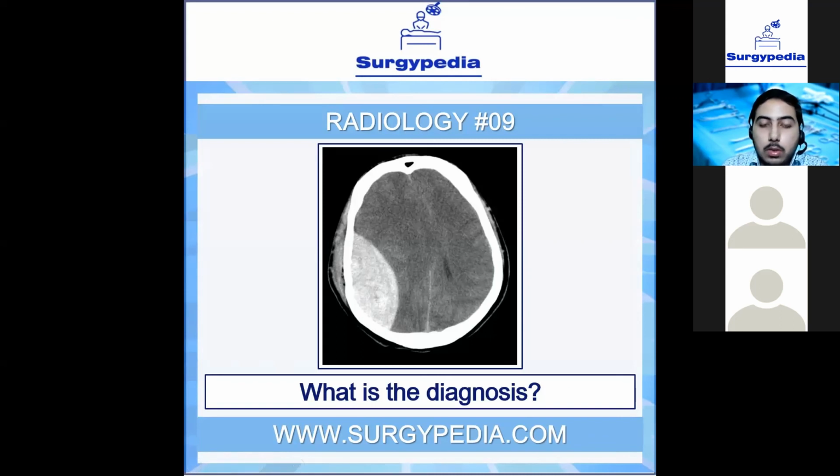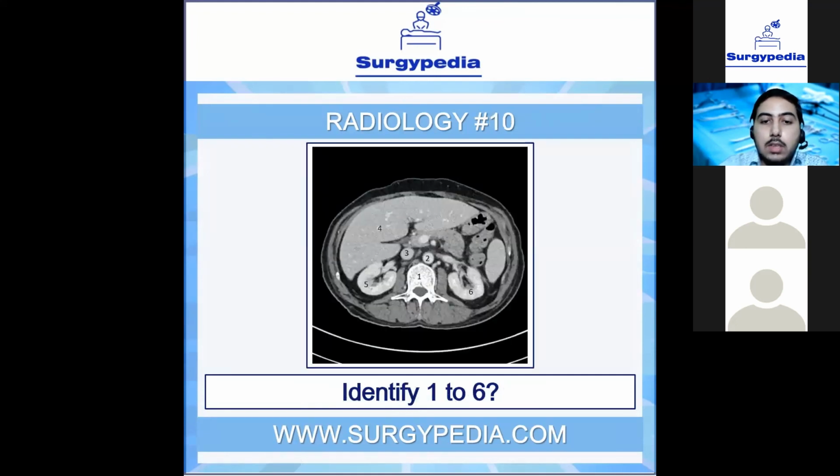Let's move on to our last radiology slide. This may not be asked in the exam, but it's good to know at least the basic things here. This is a CT scan of the abdomen, and I have marked the structures as 1, 2, 3, 4, 5, 6. So please try and identify the structures. This is a normal CT scan. We don't have any abnormality here. There is nothing to diagnose here, and you won't be given a CT scan of the abdomen to diagnose conditions. This is just for your understanding.